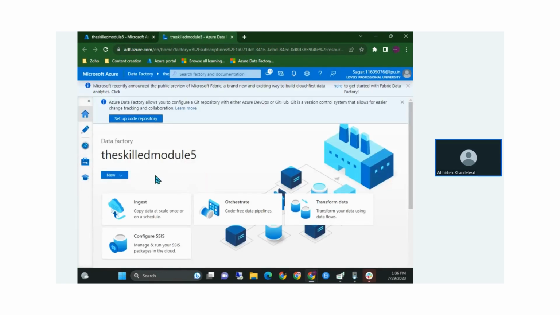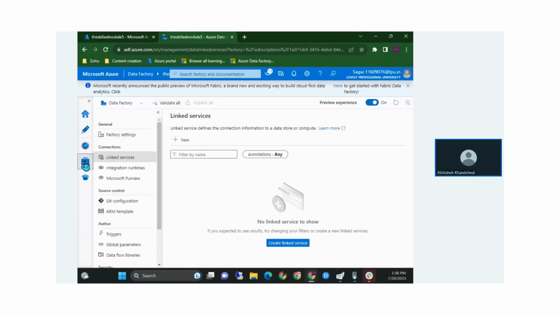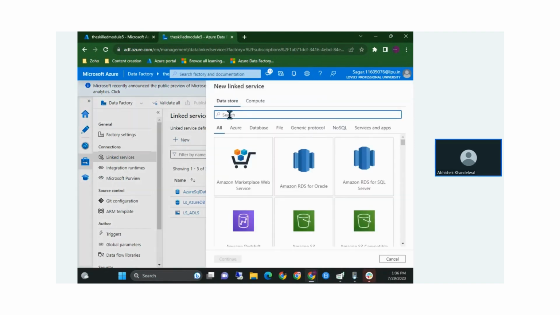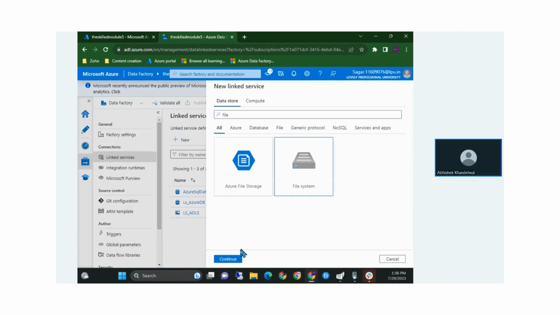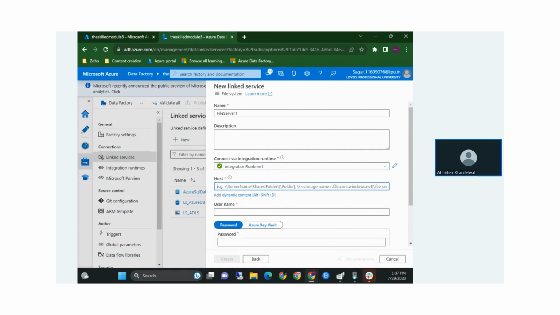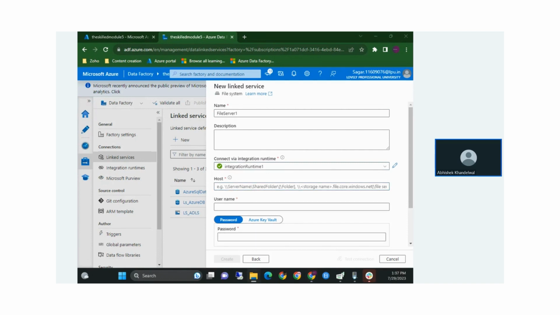Okay, so let's see how we can access the data present in our local system using the self-hosted integration runtime. Let's create a linked service which will point to one of the disks present on my local system. So now I will use integration runtime IR1, which is a self-hosted integration runtime, and let's give a host name as